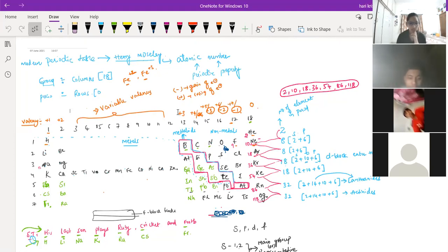If you take the 16th group, the maximum will be +6 only. It cannot form +7 at all. That's why if you take any sulfur compound, sulfur will show +6 only, maximum. Or it can show +4 also. Or it can show +3 also like this. But maximum is +6. For chlorine,